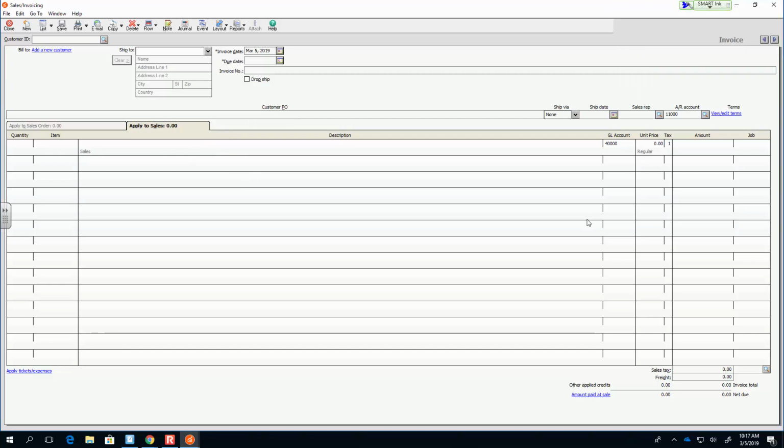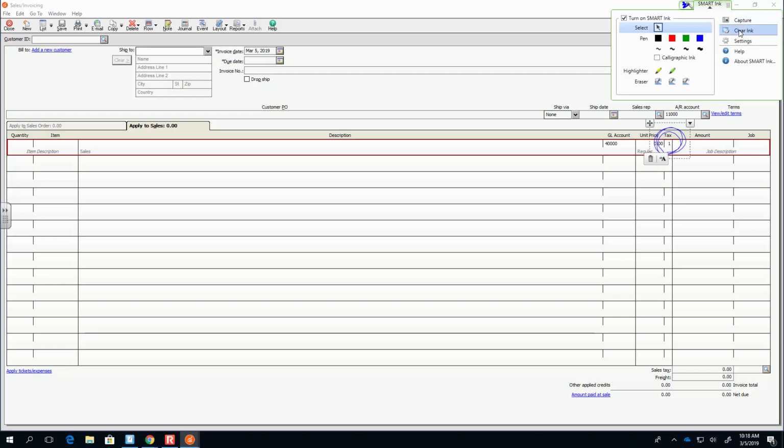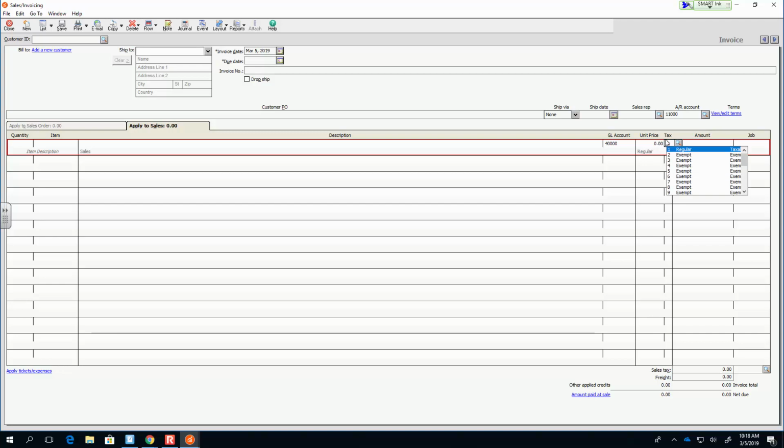So here's my invoice. I turn my accounts back on. Right here tells me it's taxable. And then if I pull this list down, oh shoot, let me clear it again. Numbers 2 through 10, yes, there's 10 different exemptions. Is it more than 10? I think there's only up to 10. Oh no. There's 25 exemptions,